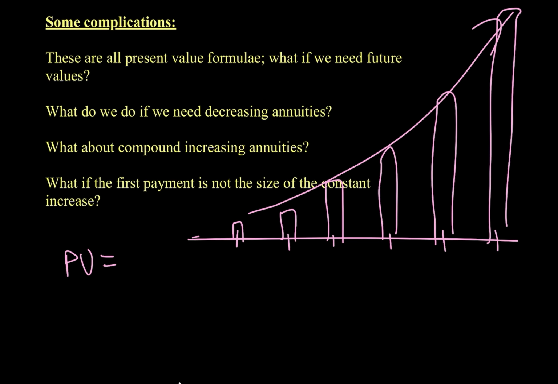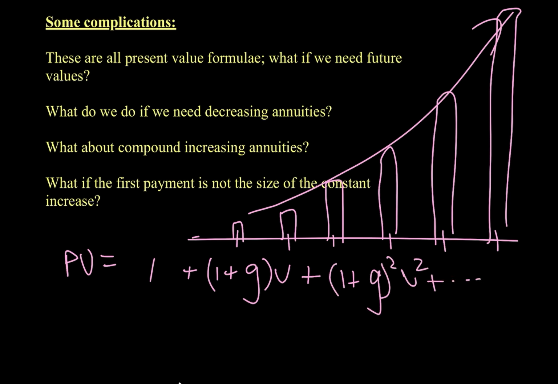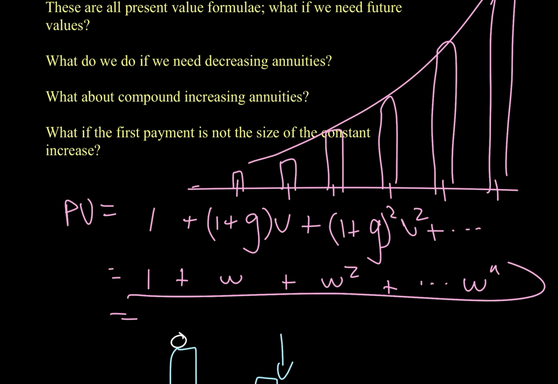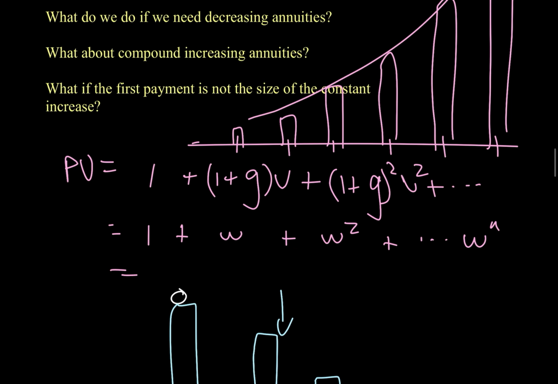the interest rate. So what happens then is this first payment doesn't get present valued and it doesn't get grown, and this second payment here gets grown by the growth rate of 1 plus G, and it gets discounted by the discount factor V. The second payment gets grown twice, 1 plus G squared, V squared, etc. And what happens then is we group these 1 plus G times V into a new variable called W. And this formula with the W's ends up being a new annuity formula, a level annuity formula that takes the